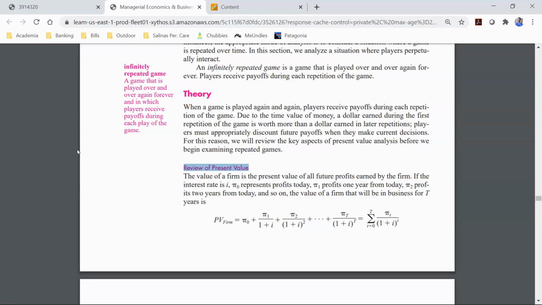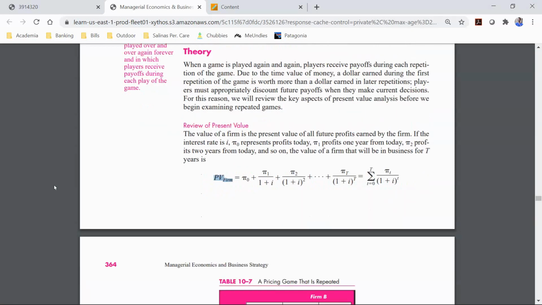Okay, so we did present value in chapter 1, and we did it on the midterm as well. So let's use that concept here, where here's the present value for a firm. If the profit or the payout is the same each period, you just sum them all up and you discount them. Right? So here's period 1, and there's year 1. There's the next period. Right? You have to discount it just like we did with present value, divided by 1 plus I, and then